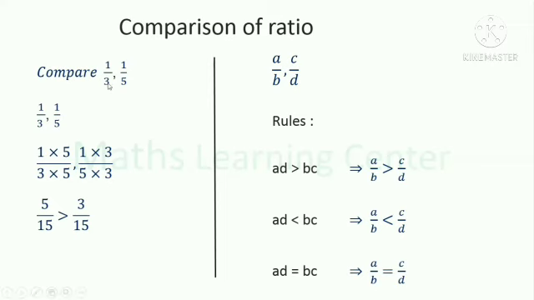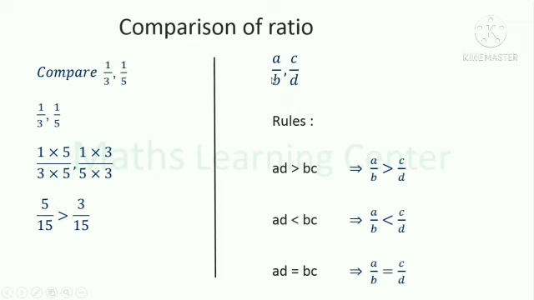So here 1 upon 3 comma 1 upon 5 is one example. Compare these two fractions or ratios. What we are going to do is equate the denominators. LCM of 3 and 5 is 15, so we are making the denominator 15. For 3 we have to multiply by 5, and we multiply numerator as well as denominator at the same time. Similarly, for the second ratio, we have to multiply both numerator and denominator by 3. So 5 ones are 5 upon 15 and 3 ones are 3 upon 15. Obviously numerator 5 is greater. Therefore your first ratio is greater.